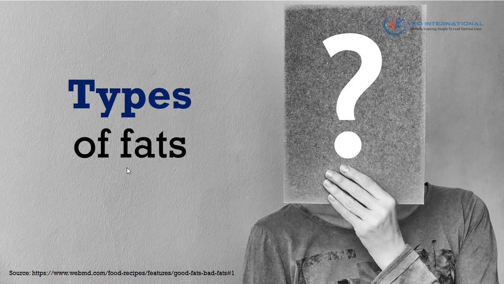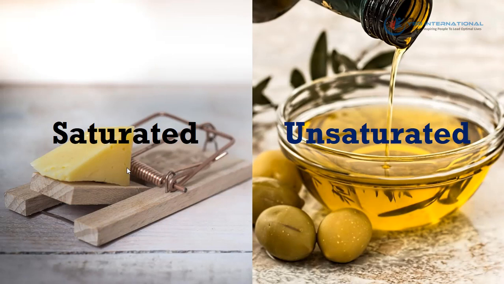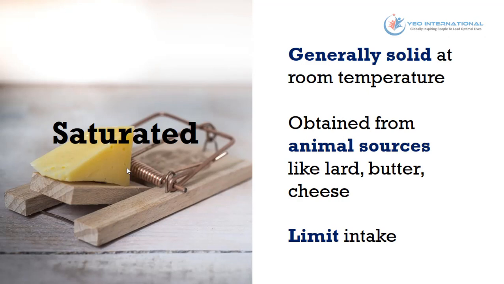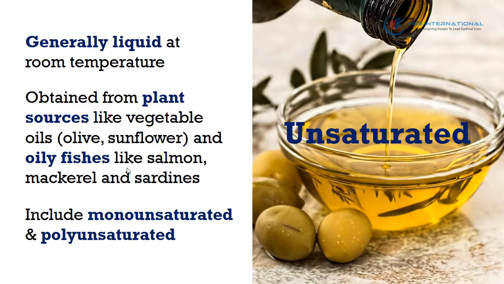So what are the types of fats? There are mainly two types. One is saturated, the other one is unsaturated. Saturated fats are generally solid at room temperature. They are obtained from animal sources like lard, butter, cheese. It's important for you to limit your intake of these fats because high intake may be associated with increased risk of heart disease. Unsaturated fats are generally liquid at room temperature, and they are a healthier alternative to saturated